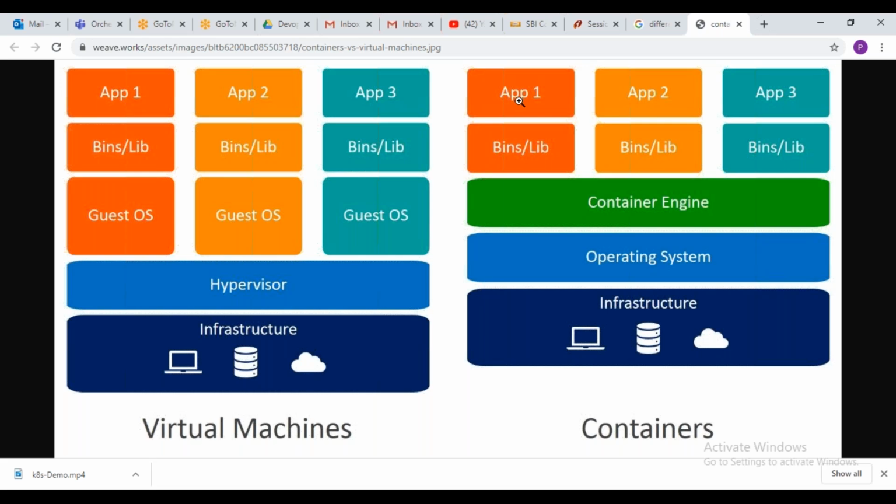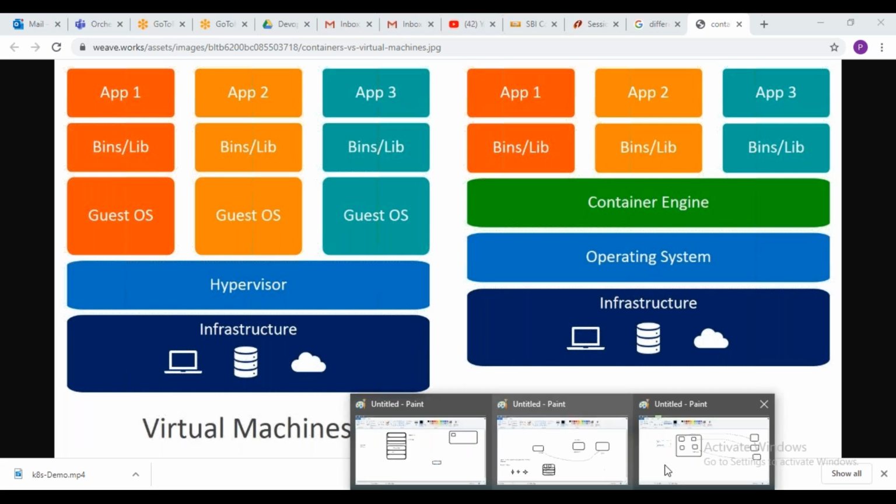And to this container you can allocate very few resources, as I said, millicores or maybe 100 MB, 200 MB, to run that specific application. Each microservice is going to run on a specific container. In this container, whatever microservice or application you want to run, you can have everything: binaries, framework, and any dependencies and packages required. Everything will be available. And from this container, we can create an image, and that image can be used by anyone.